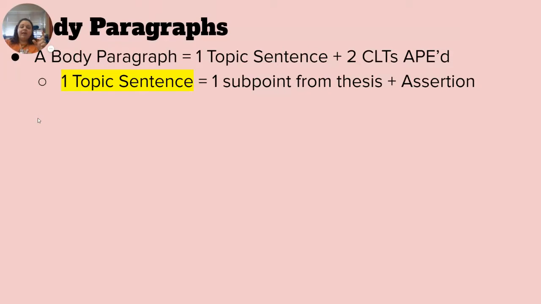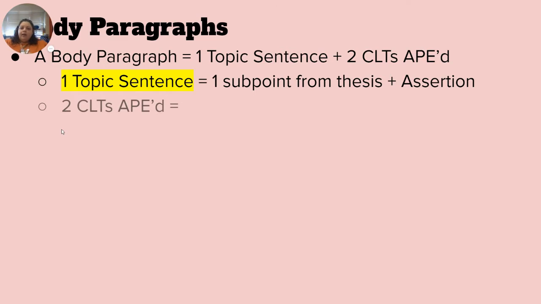So you have to take your subpoint from the thesis, either the X, the A, or the B, right? Just one, because that's what your body paragraph is going to focus on, that one subpoint. And then what's the assertion? Is it similarities, differences? Is it continuity or changes? Is it causes or effects? And we're going to look at a sample here in a second. So the first sentence of every body paragraph needs to tell the reader which subpoint you're writing about and what